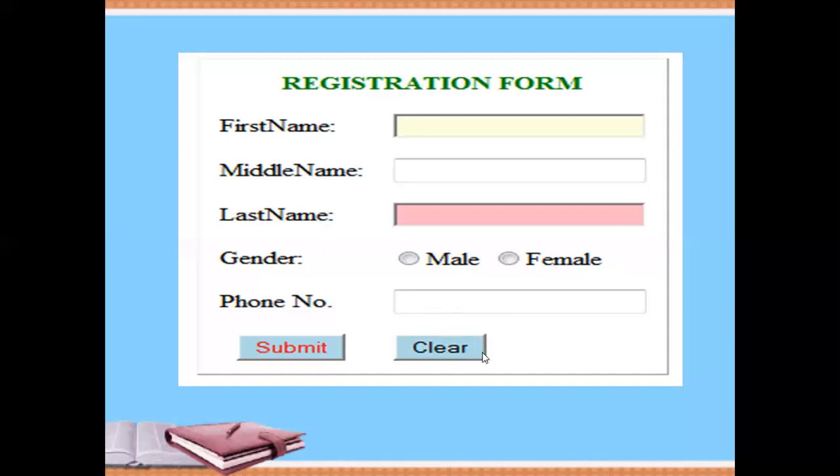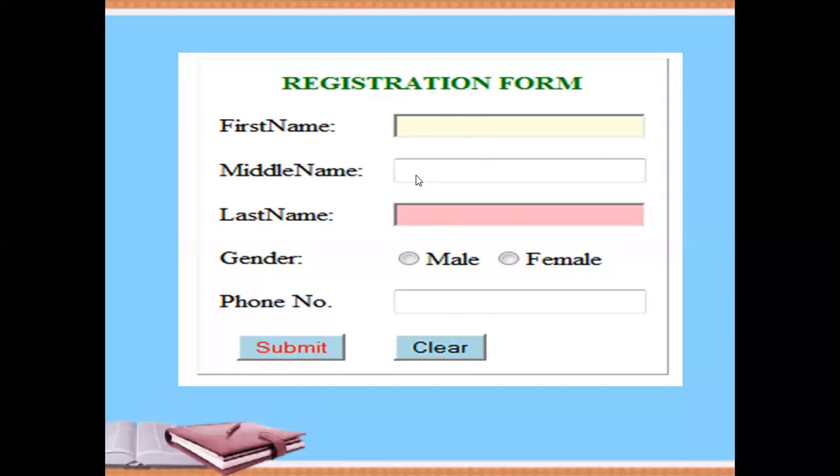Normally, these controls are gray with black font. See here I have given the light blue background with the red font color. So in the earlier programs, we had solved normal default buttons. Today we will see how to style these buttons, how to change the background color, how to change the font color of the action buttons, and how to change the background color or the font color of the text boxes.